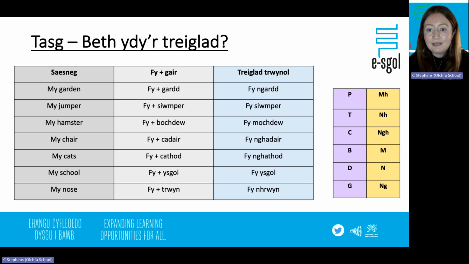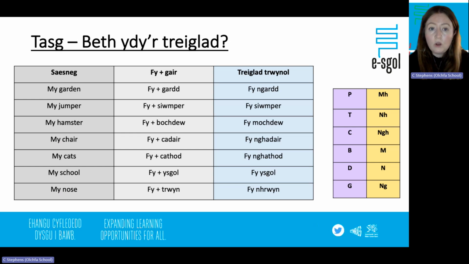Cadair, fy nghadair, a C changes to NGH in the same way with your Cymru, Caerdydd, yng Nghaerdydd, yng Nghymru, etc. Fy nghathod, there's the same mutation there twice, different words, different contexts, same letters that change, okay? Fy ysgol, ysgol doesn't require a mutation. Why? Because Y is not in the list. And fy nhrwyn, a T is in the list, which goes to a NH,